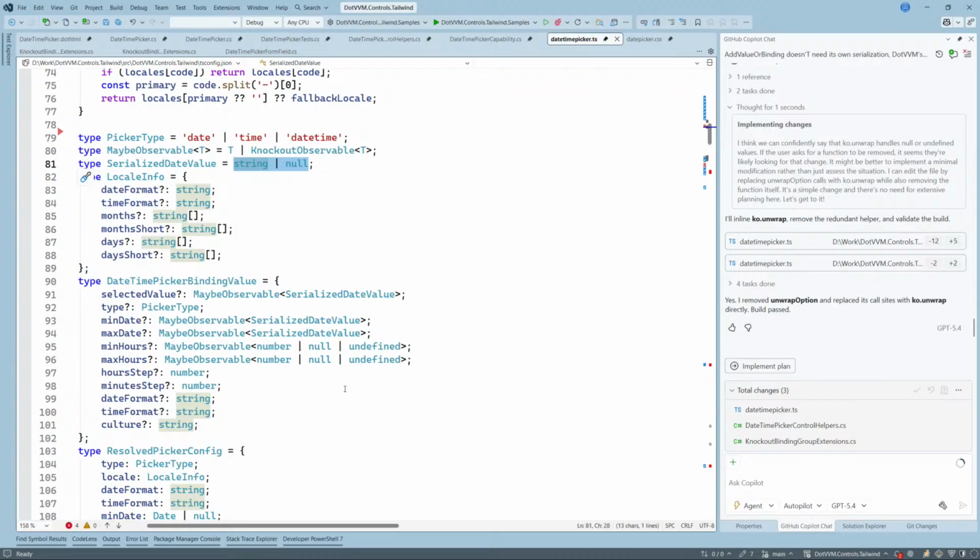Wait, the other maybe observables have number null or undefined. And so we don't have undefined here. Our undefined is missing. I'm not sure. I would rather delete that because it shouldn't be undefined. Okay, let's do it. And we'll see. Yeah, because undefined shouldn't be inside the observable. It will never be inside observable. Either the entire property would be undefined, or that should be like that, but it didn't and now fix more